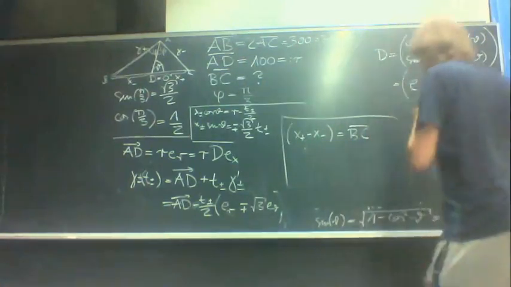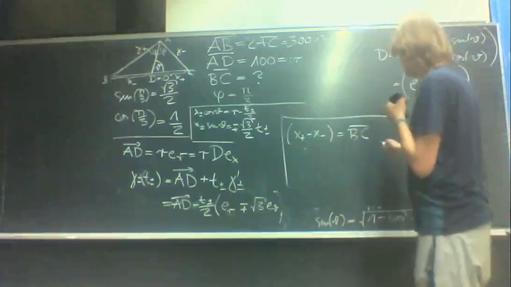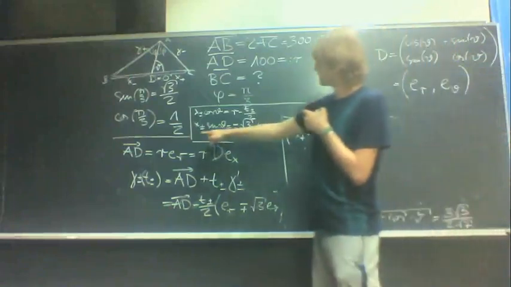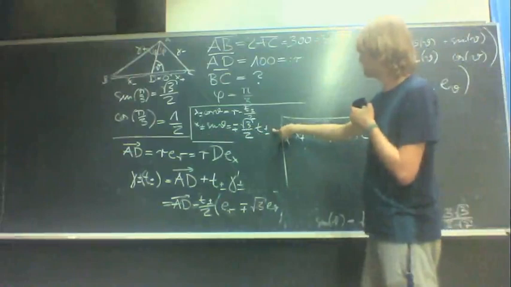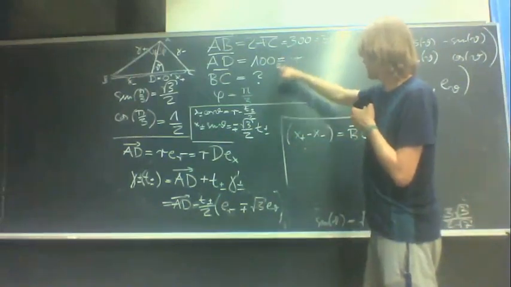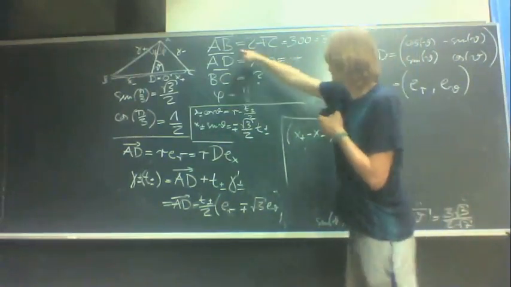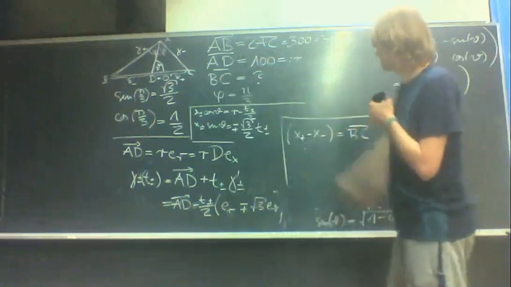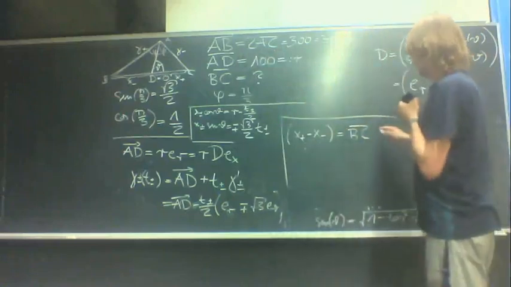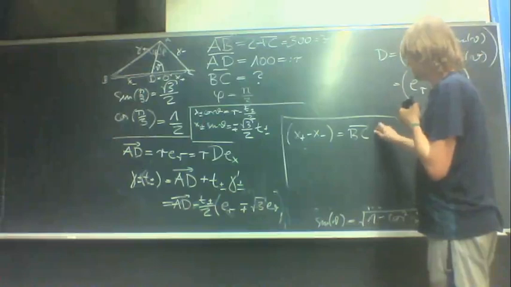That's the length we're searching for. And BC, if we take this equation over here and insert AB and AC here, we will get